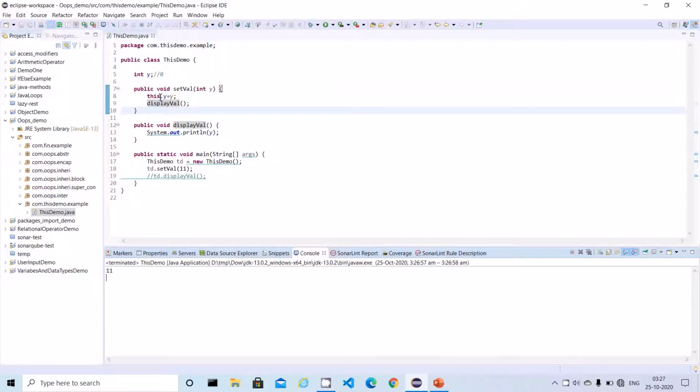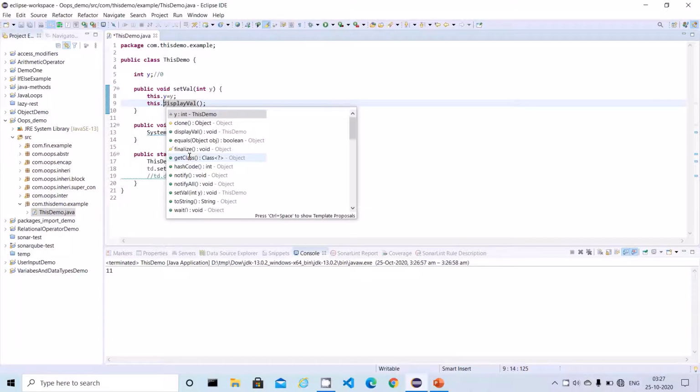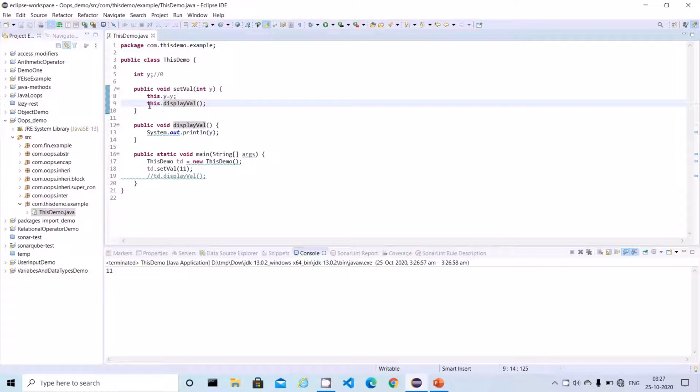11. So here, if you notice at line number 9, we are calling the method name directly. We are not using any prefix over here. You can use this here also, but it is optional. So what is happening here? Whenever we use this keyword, it will try to use the current object, and it will try to call the method with the global state, whatever values are assigned. So by using this keyword, we can call the current object methods and variables. This is the third use case.